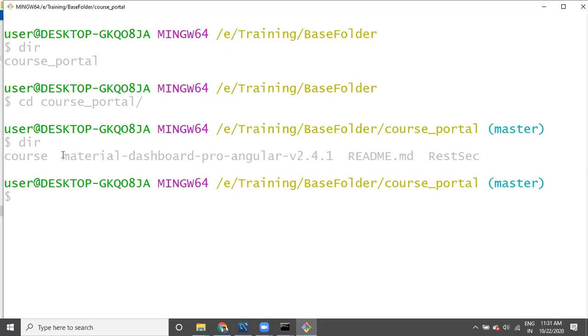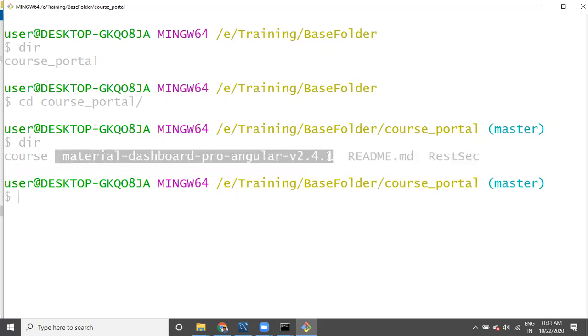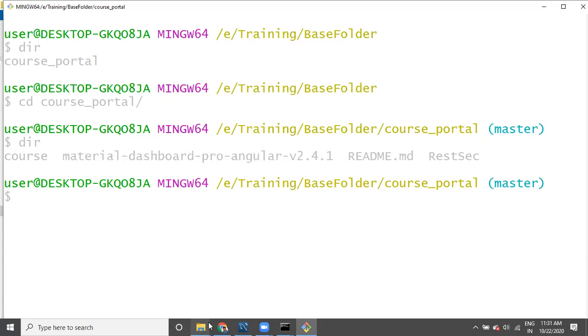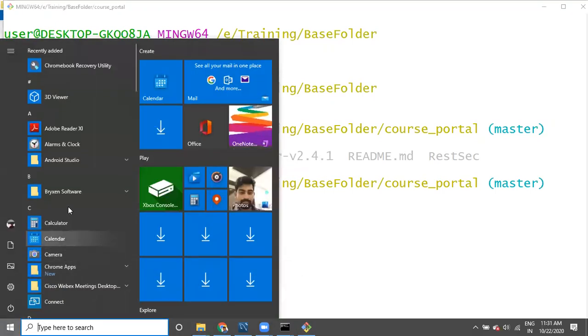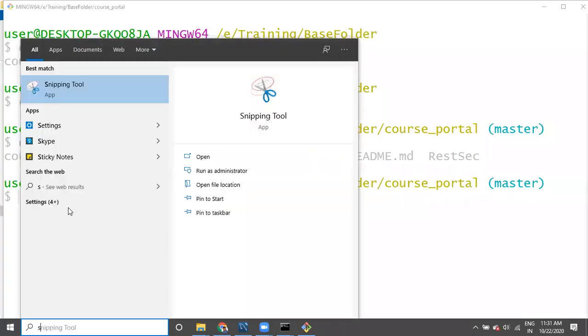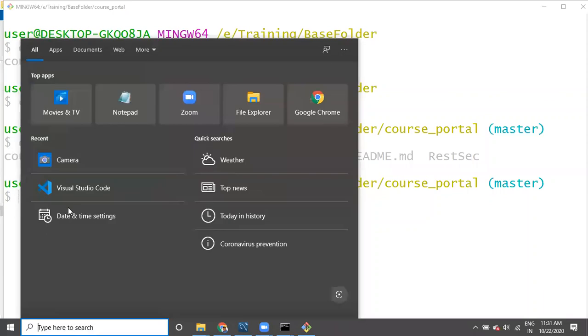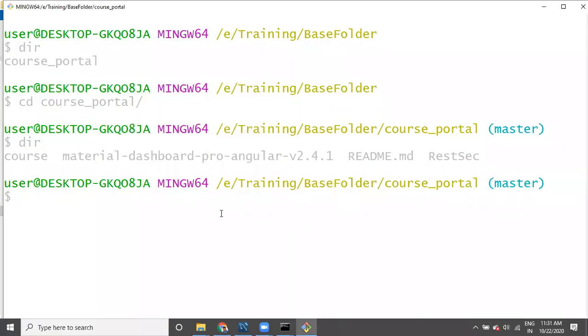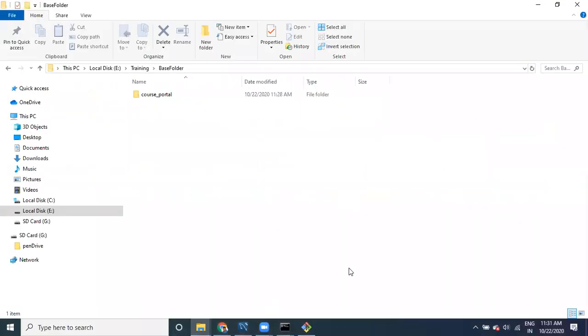And to open this UI project, I'm going to use this one. So for that, let me go to Eclipse.